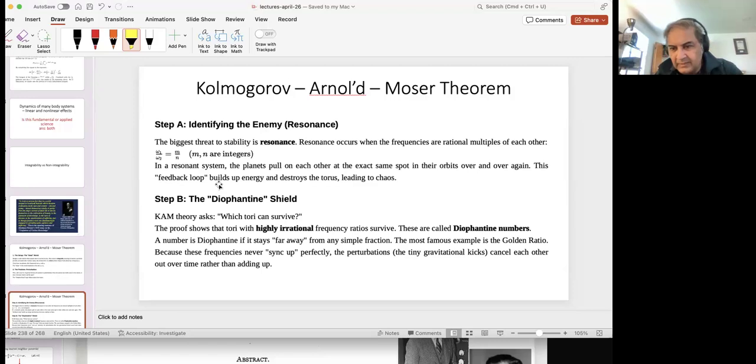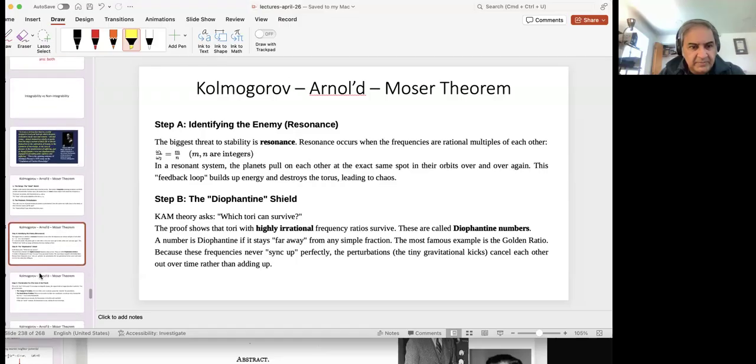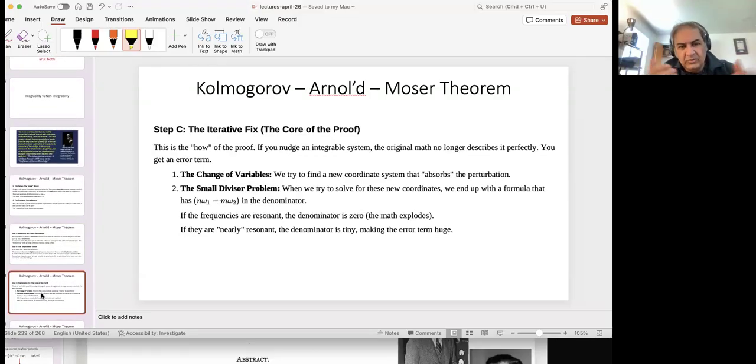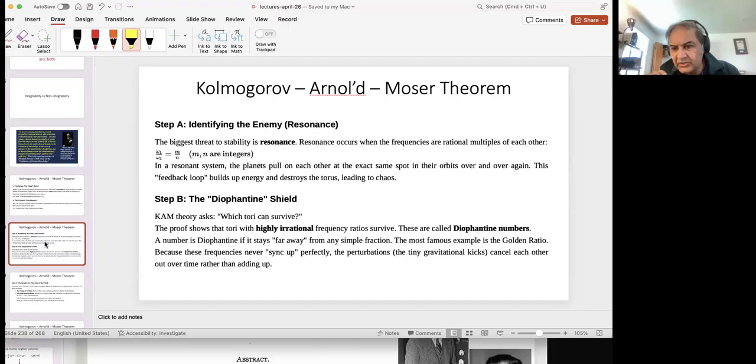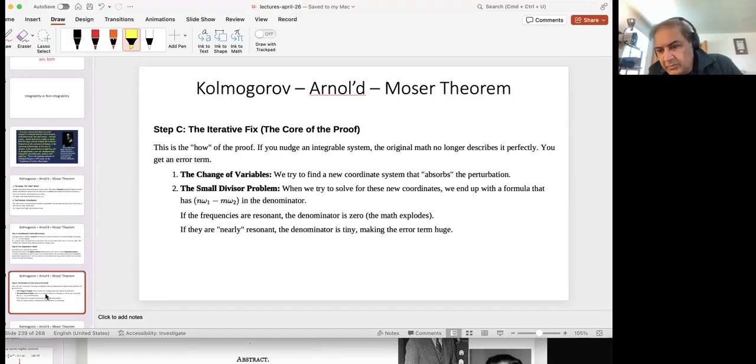3.14567, some irrational number, not a number like 3/5 or 4/7, not a number where you have a ratio of integers. So this is basically the message of the Kolmogorov-Arnold-Moser theorem. It goes into big details depending upon which proof you look at, but the main point is that this ratio should be an irrational number, so there is no chance of any kind of quote-unquote resonance between these orbits that can throw it off. So when a system is non-integrable,